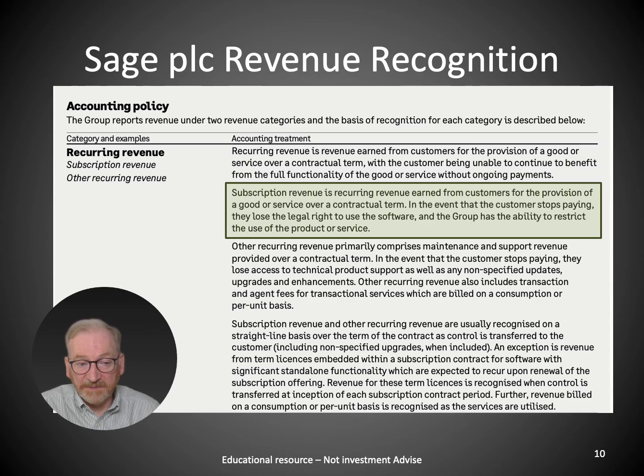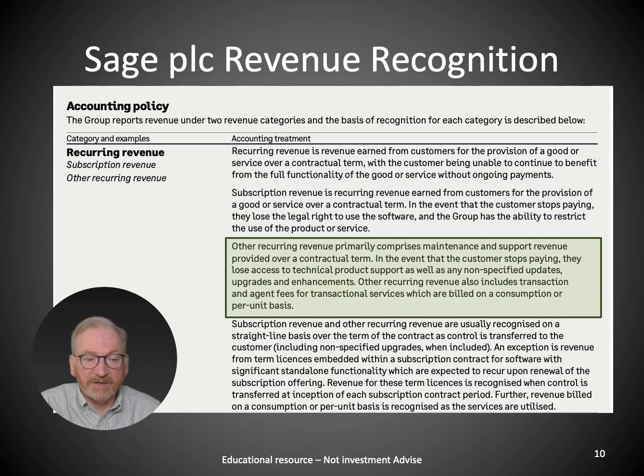You need to keep making payments. And other recurring revenue primarily comprises maintenance and support revenue provided over a contractual term. In the event the customer stops paying, they lose access to technical product support, as well as any non-specified updates, upgrades, and enhancements.